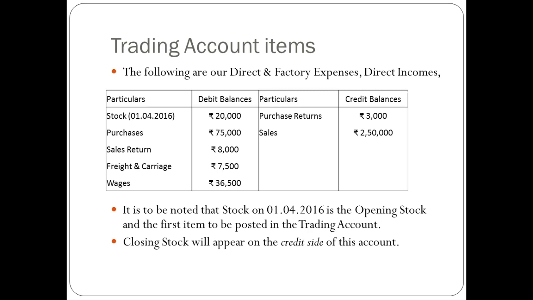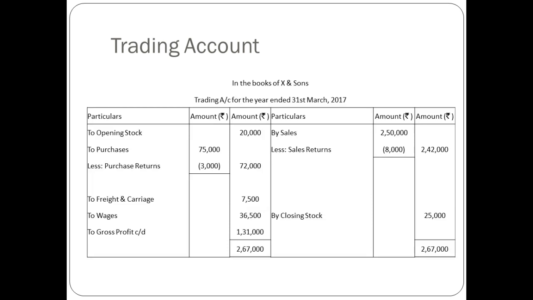Now the trading account. In the books of X and Sons, trading account for the year ended 31st March 2017. The left hand side is our debit side while the right hand side is our credit side. Opening stock and all expenses are posted on the debit side while closing stock and all income are recorded on the credit side. We start with to opening stock 20,000 rupees, to purchases 75,000, and from here we need to